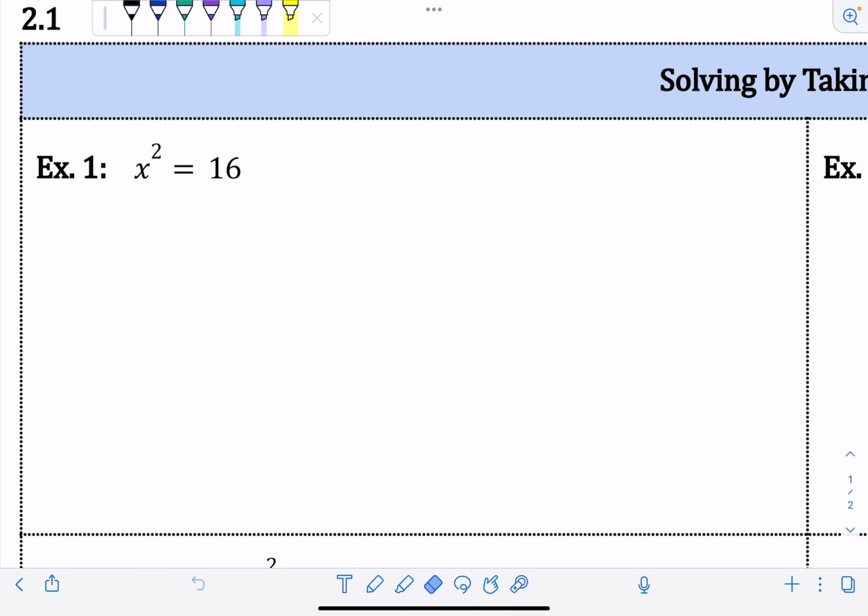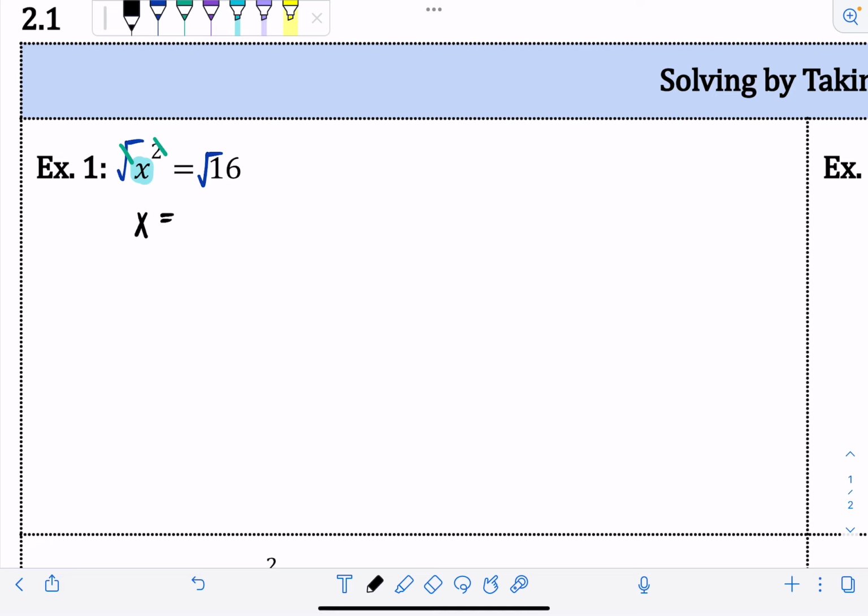Example 1 says x squared equals 16, and when we're solving, our goal is to isolate x. That means get x by itself, basically, because we want to figure out what x value makes the equation true. Right now, I have this x that's being raised to the second power. In order to undo the second power, I have to use its inverse operation, which is a square root. A square root would undo a squared exponent. Whatever I do to the left side of the equation, I have to also do to the right side of the equation. So the square root cancels out that exponent, and then I'm left with x equals